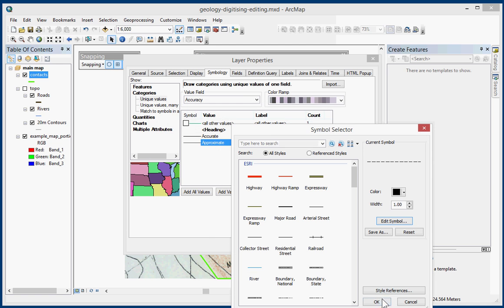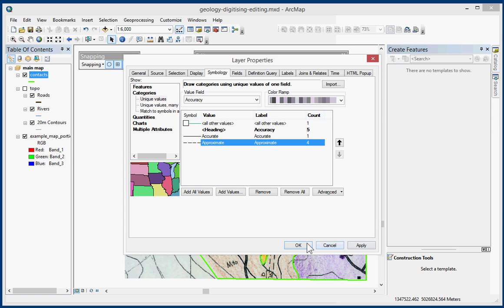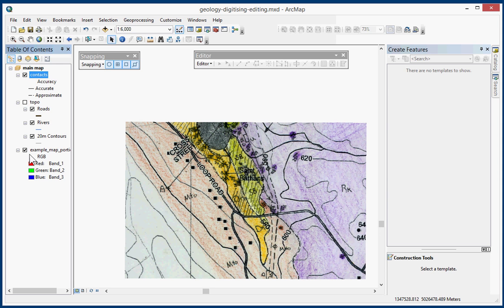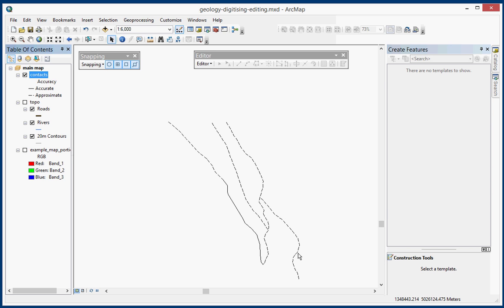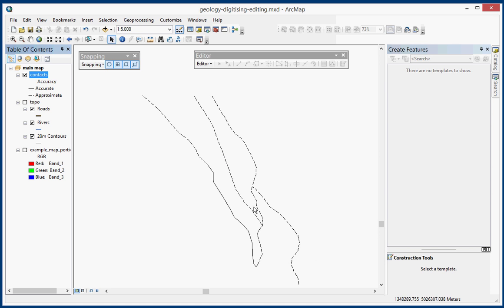And then go OK, and OK, and then OK, and I'll just turn off this map portion, this thing underneath, so you can see what I've done there. So we've got some dashed lines and then this solid line through here, and we're not actually showing the outer bounding box, but it will participate when we generate the polygon. So that's what I want to cover in this video, and there's more coming up in generating